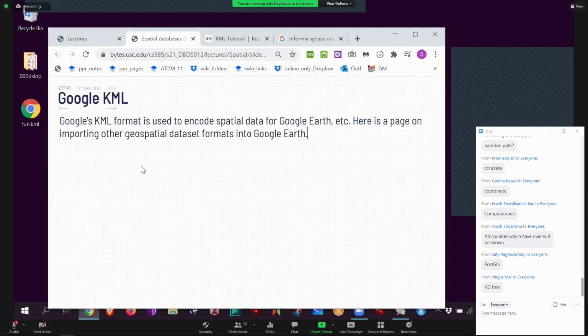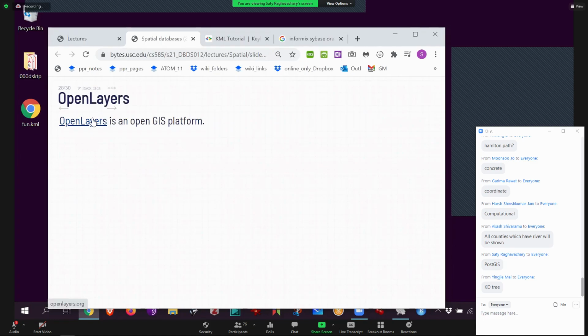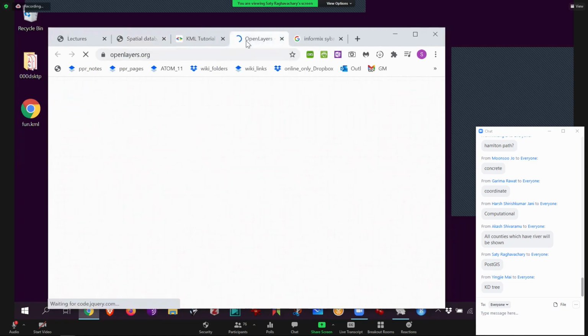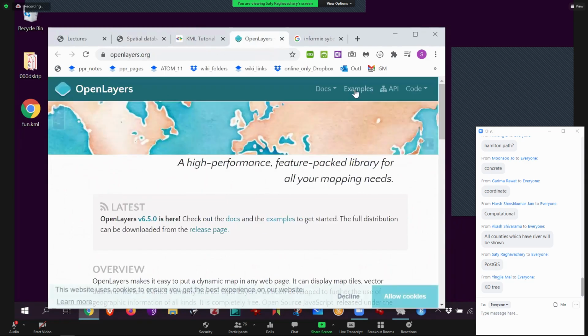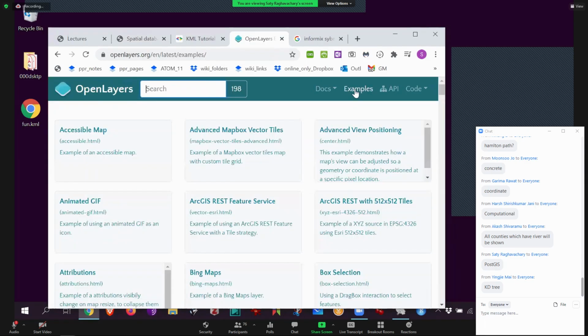If you actually use Google Maps for your business, say you're Uber or something, you need to pay a licensing fee to actually get the maps. Okay, the maps are not free. On the other hand, if you don't want to pay anybody any money, you can use something called OpenLayers that also has spatial data, and they give you an API. And then here's a JavaScript version of that. There are many other APIs as well in Python, etc.